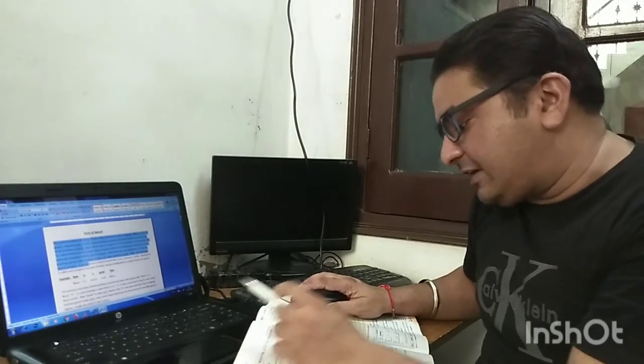And again when we click on justify, justify means that the text which we started earlier is spread evenly across the page. So this comes in the alignment of the text.